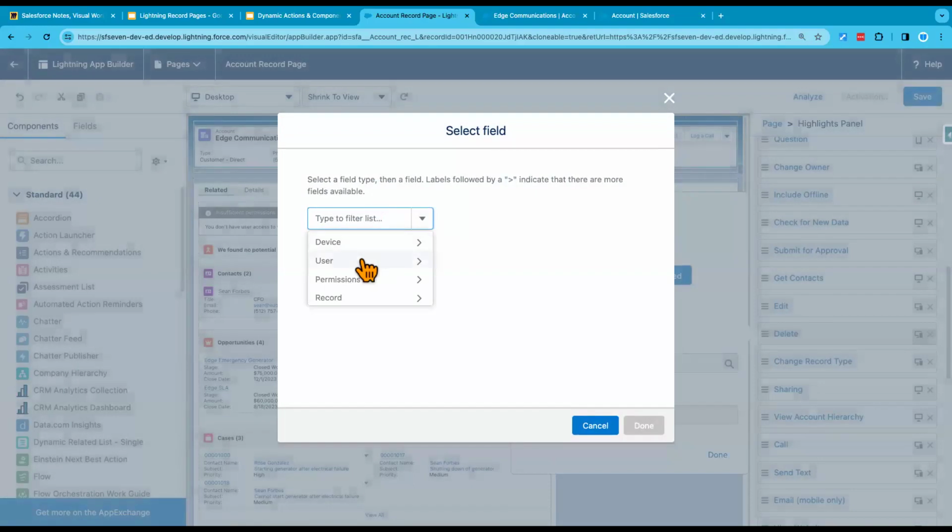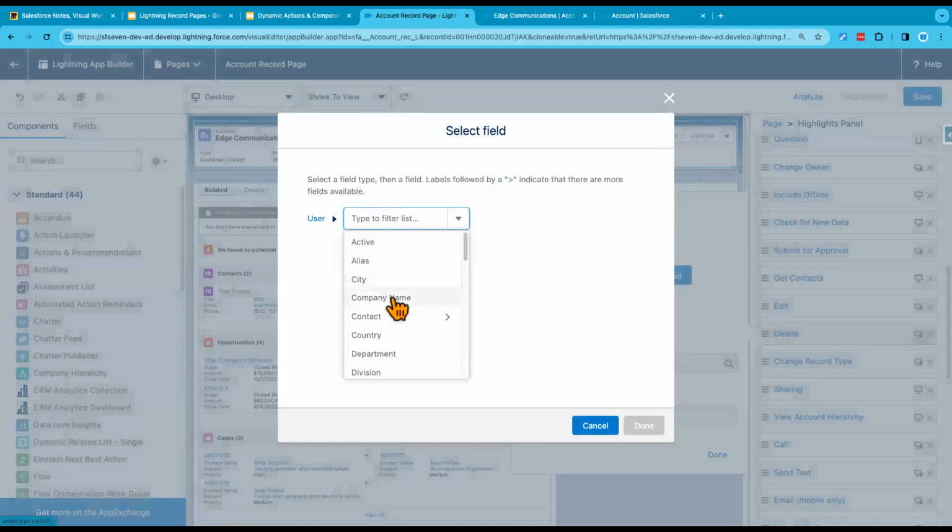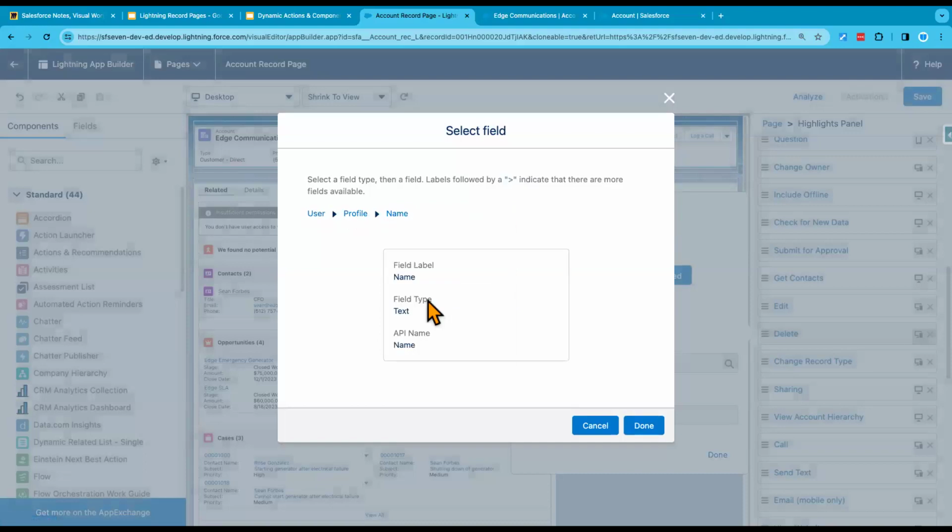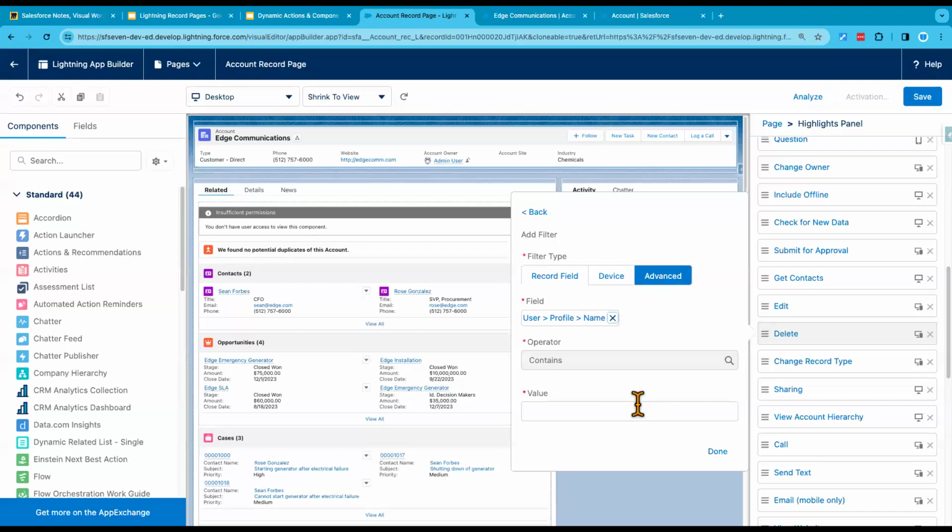And then I will go to the user. From the user, I will go to their profile, okay, profile. And then from here, I will select the name, which means the profile name, and click done. And I will say whenever this profile name equals system administrator,